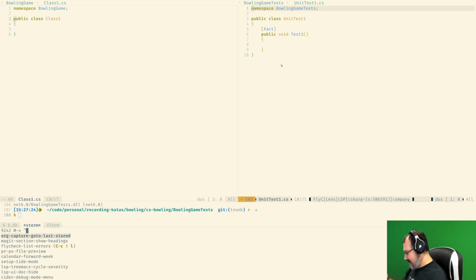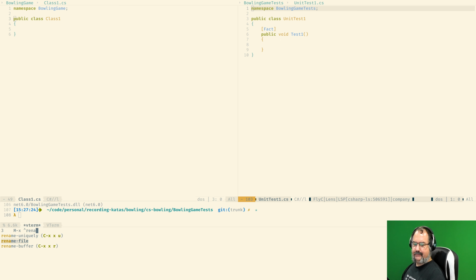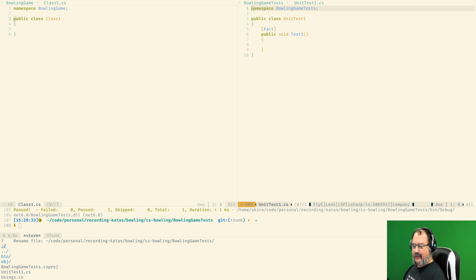Having said that, I am renaming this file because unit test 1, of course, is an awful name. Let's rename it to game specs. Hey, we are bringing BDD into the fold. Well, no, not really.